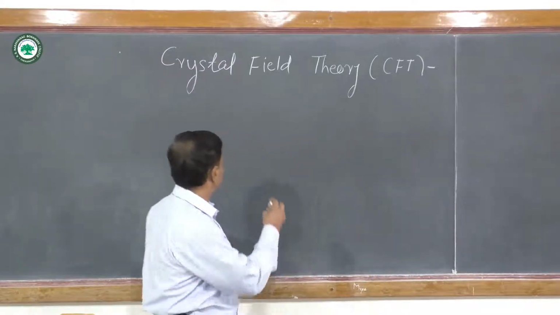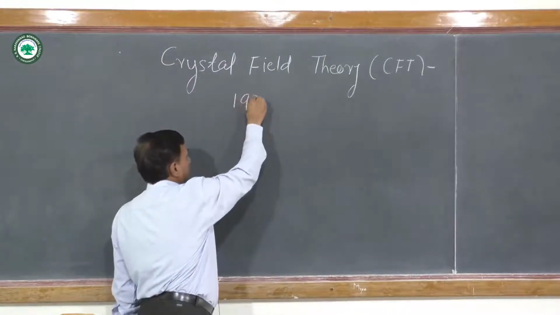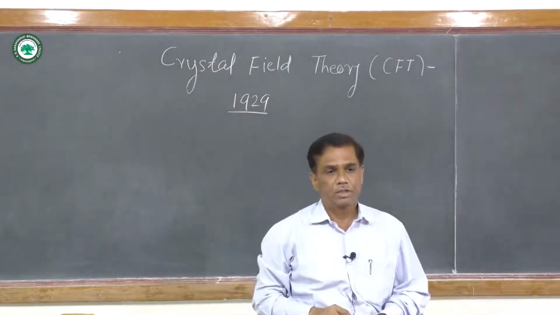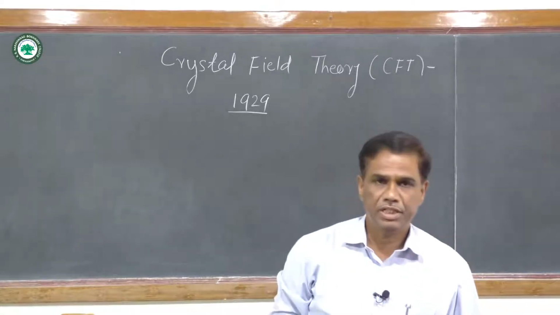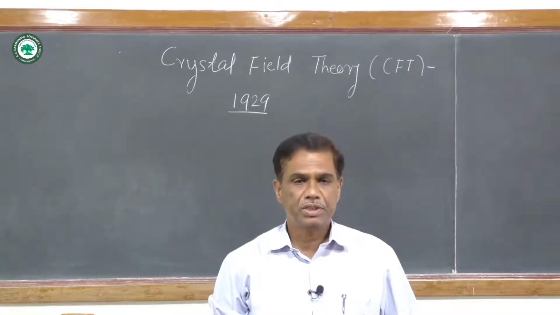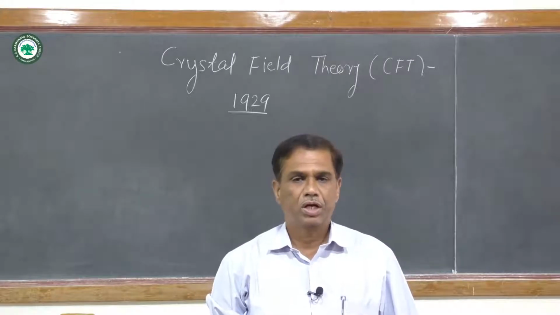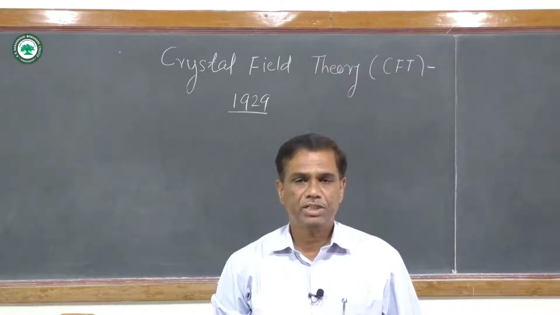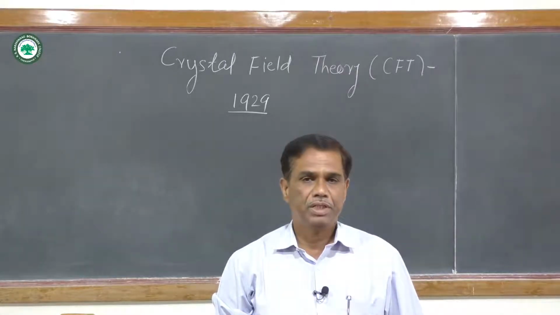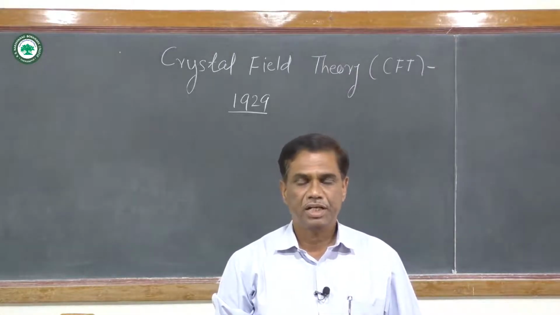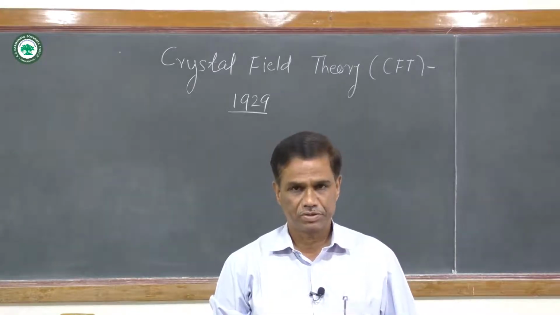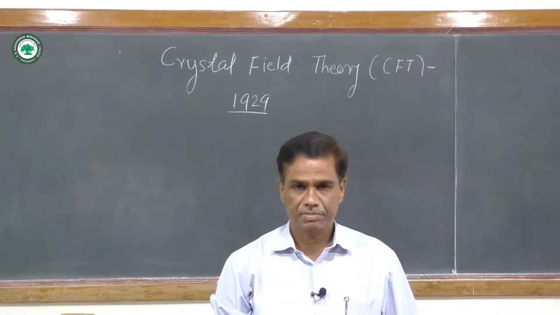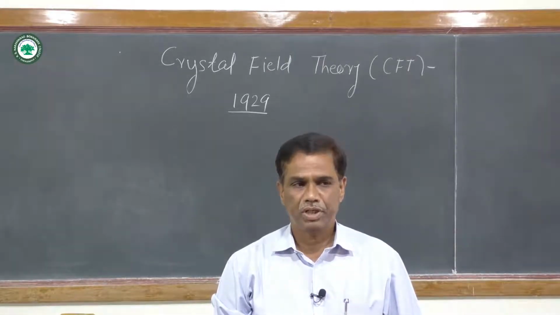This theory was developed by H. Bethe and von Welk in 1929 to study the properties of metal complexes. According to scientists H. Bethe and von Welk, when a coordination compound is formed, the metal has a positive charge and the ligand possesses a lone pair of electrons, and there is electrostatic attraction between the positively charged metal ion and the lone pair of electrons